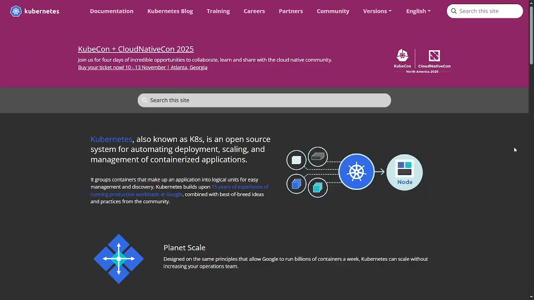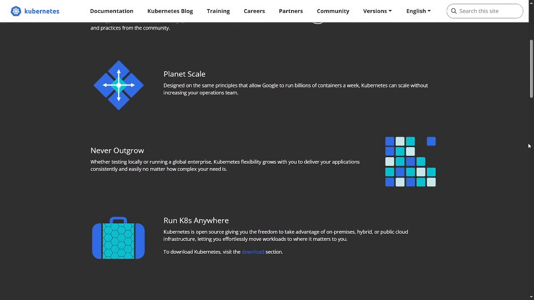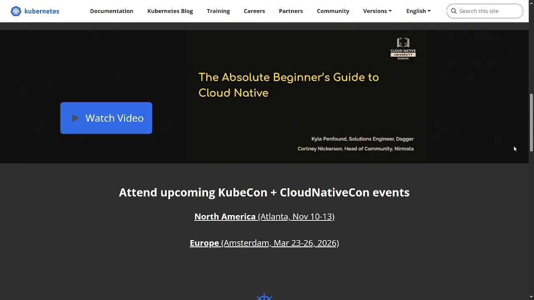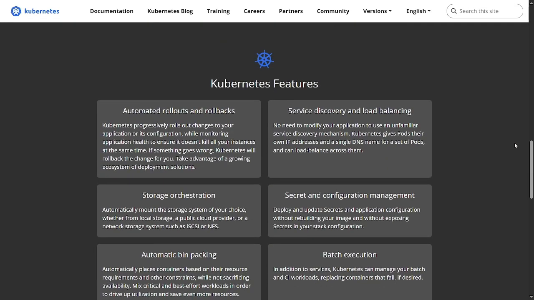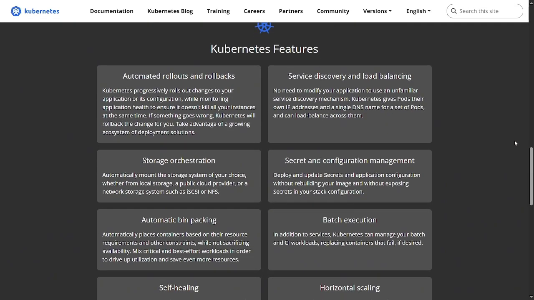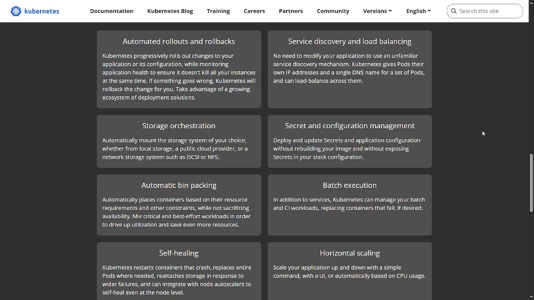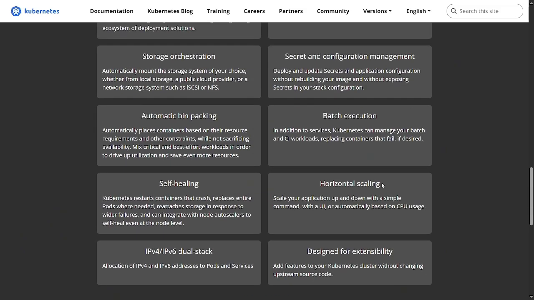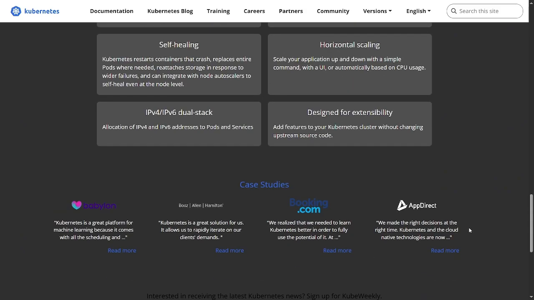Let's start with Amazon EKS. EKS is Amazon's managed Kubernetes offering, built to integrate deeply with the rest of AWS. The idea behind it is simple. You get the flexibility of open-source Kubernetes, but without the pain of managing control planes and manual scaling. Amazon takes care of the heavy lifting, running, patching, and updating the control plane, while you handle the worker nodes